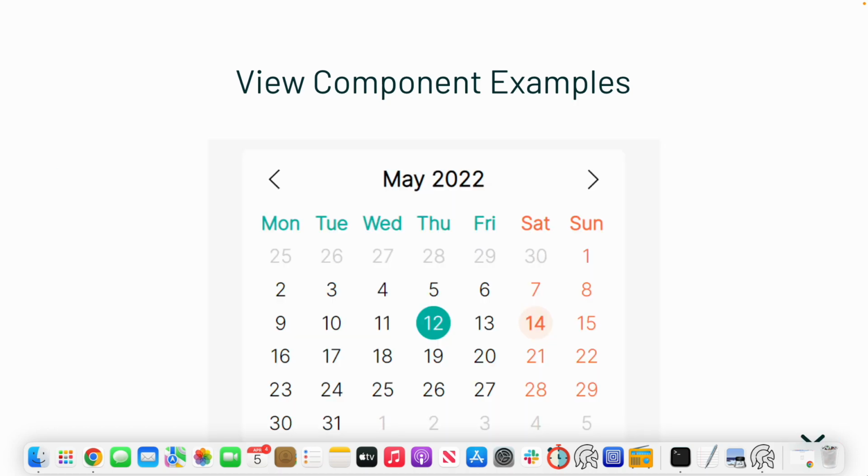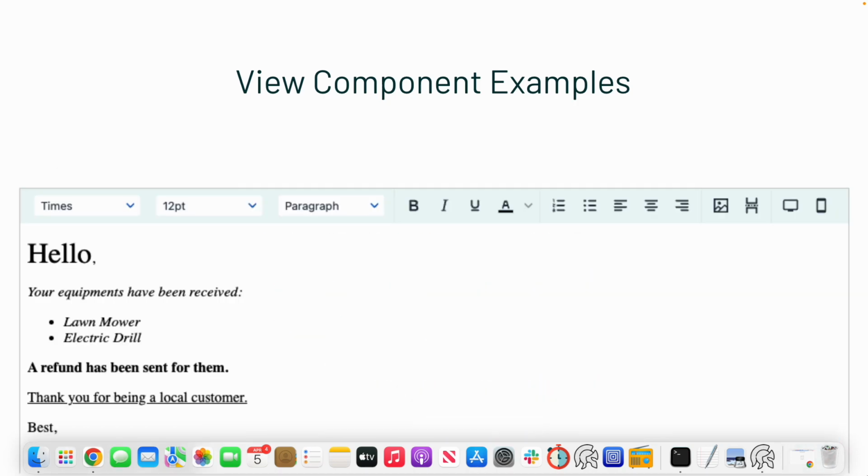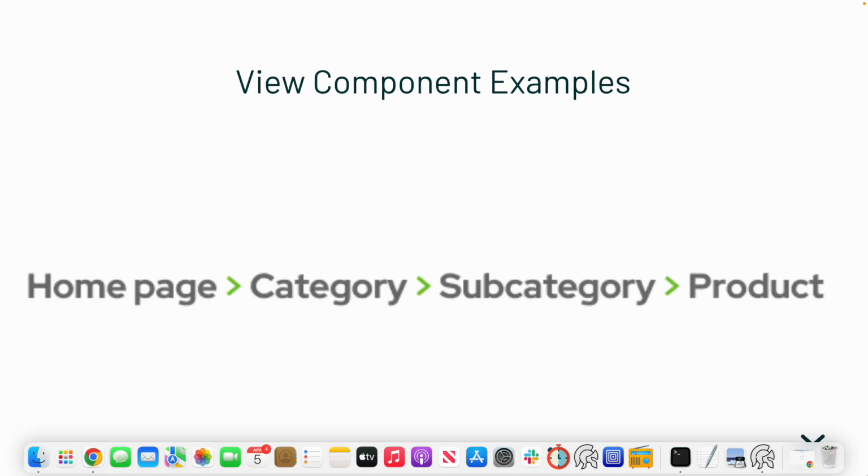So yeah, menu bars, calendar, text editor, and some components like a text editor involve a JavaScript element in it too. So you can actually build components that have JavaScript code combined with their code. A breadcrumb,